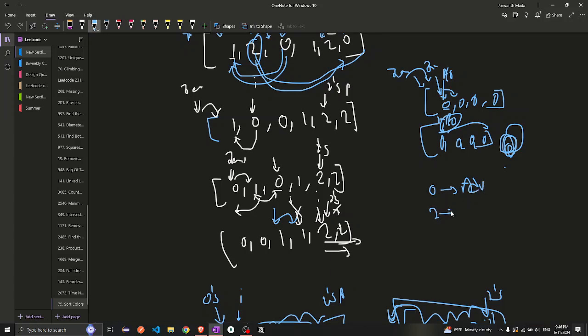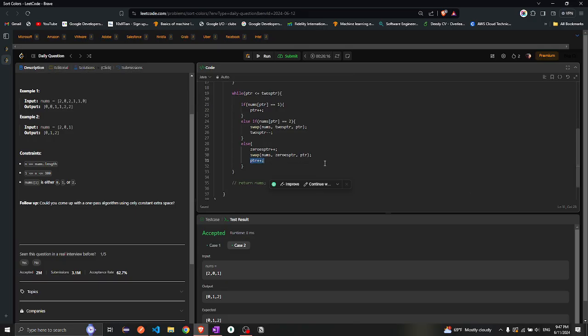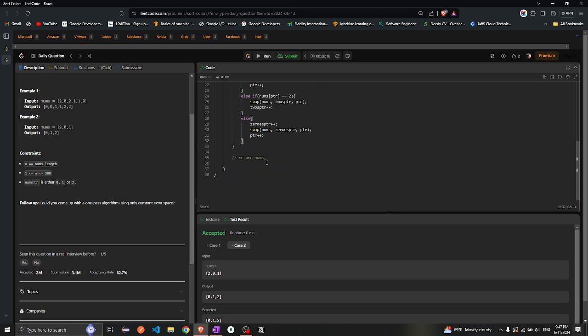When I'm swapping with 2, I'm not advancing the pointer. This is because when I swap it with 2, I can get an element which can be a 0 or a 1 as well, or I can also get an element 2 as well, right? But when I'm swapping with a 0, I can only get a value 0 or 1. I don't know if it's making sense or not. Yeah, basically that's it. We don't even need to return the nums